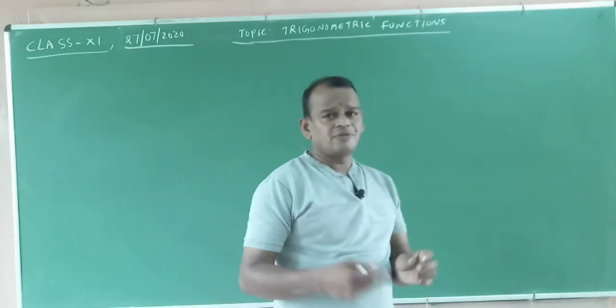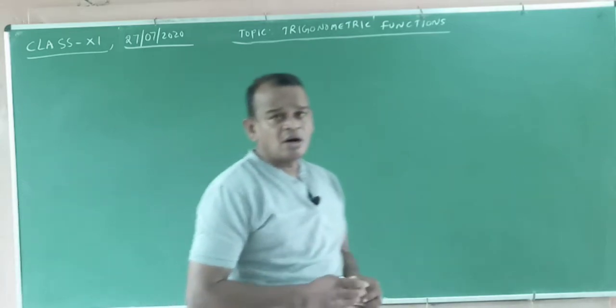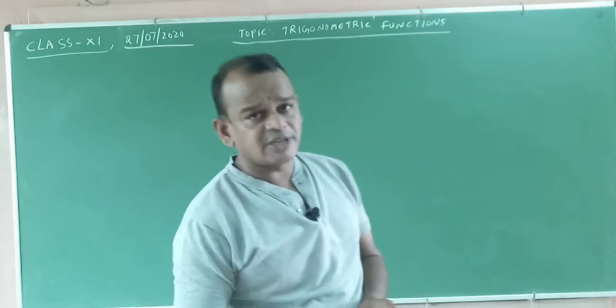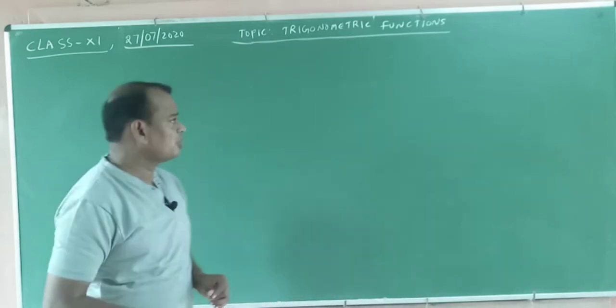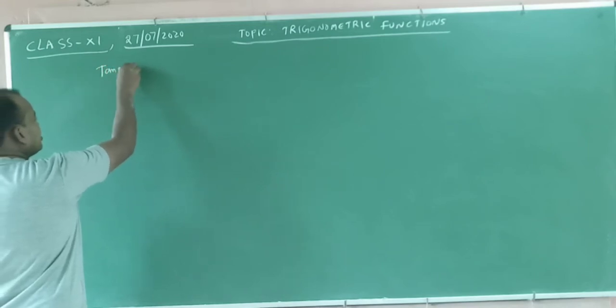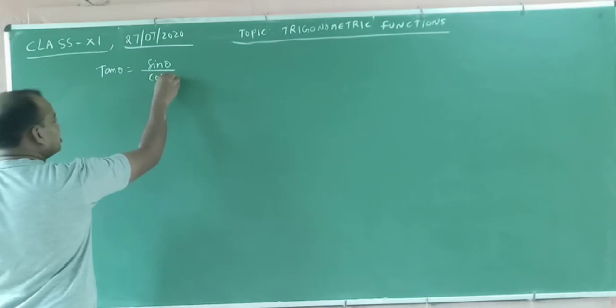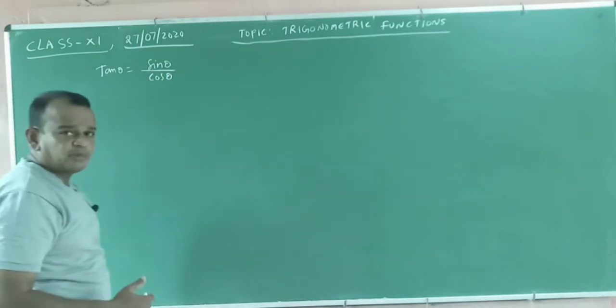Okay, you know the formulas very well. Remember once again, what is the formula of sin theta? You know very well: opposite side by hypotenuse. Cos theta equals adjacent side by hypotenuse. Now you know the formula for tan theta: tan theta equals sin theta by cos theta. You know very well or not? Theta is the angle, you know the meaning of the angle.